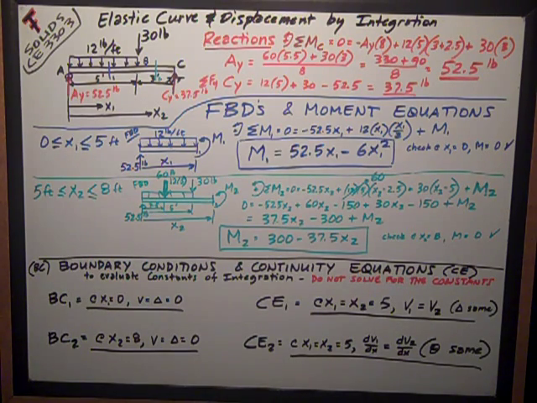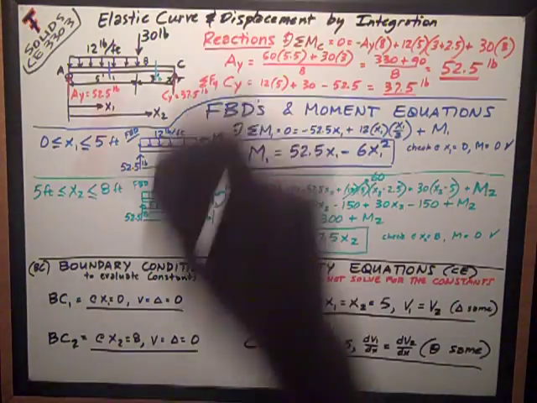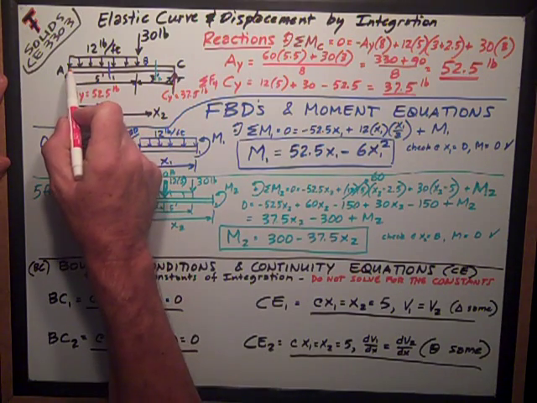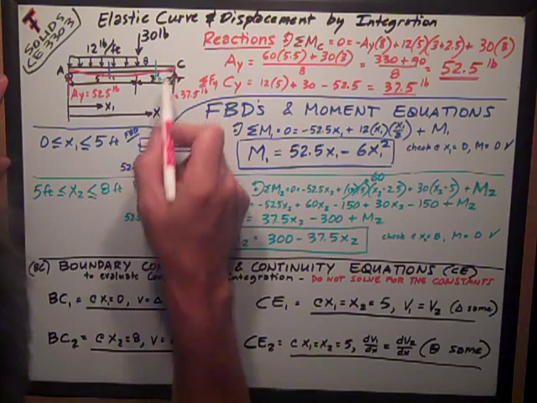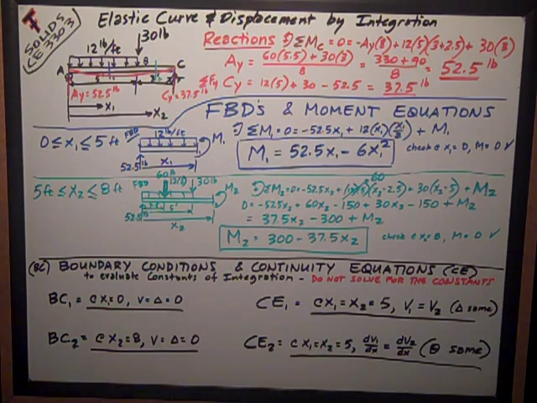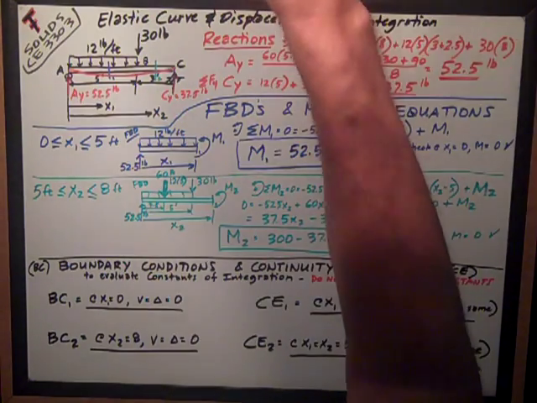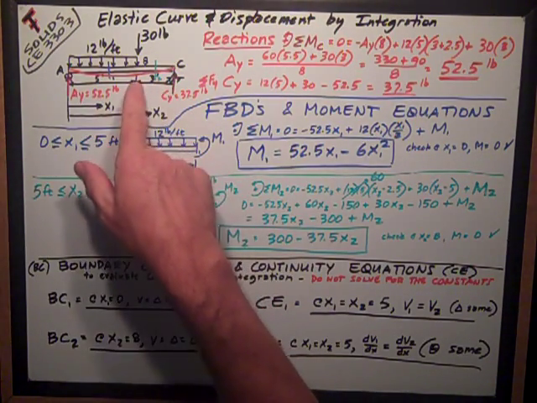But we have 4 constants of integration, so we need 4 boundary conditions and continuity equations to evaluate it. So boundary conditions are things that occur at the boundary. They're the limits or the known quantities, usually at the edges or at the supports, where we can evaluate these curves. Something I forgot to do and I've been not doing a good job of is draw the elastic curve on here. Looks kind of like that. It seems kind of simple and basic to do that, but it helps us remember things like our boundary conditions